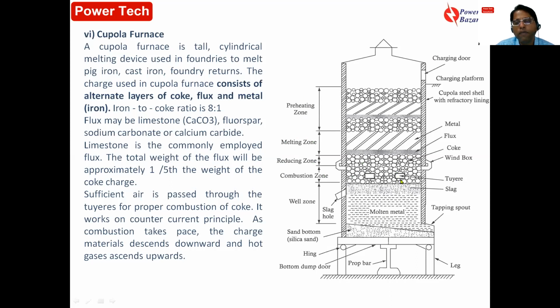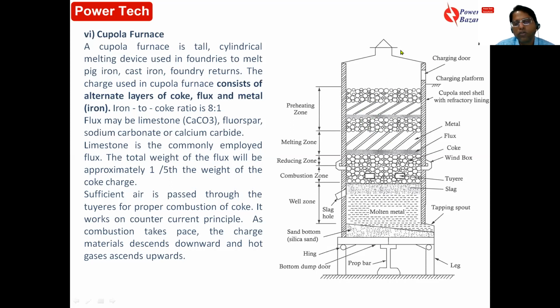When you give hot air, coke is there, the coke burns, and because of this coke burning you get CO and a lot of heat, which will melt the iron materials, and you again get CO2, and this hot gas heats the feed materials